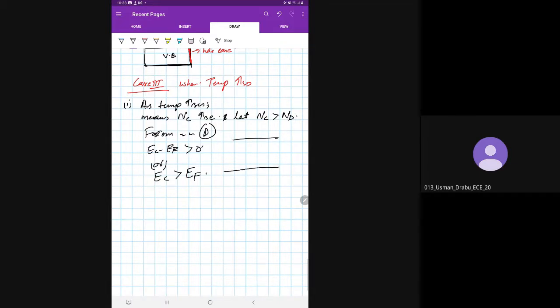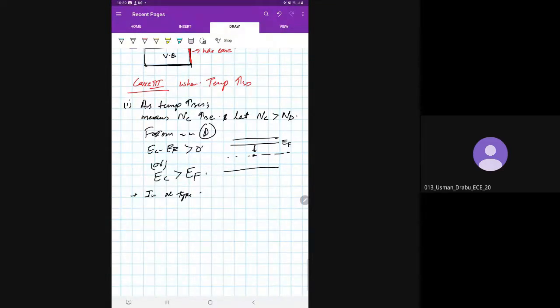Since the Fermi energy E of F was near the conduction band, when temperature increases, it will move towards the center, because in intrinsic semiconductor, the Fermi energy is at the center. Okay, Fermi energy is at center. So we can say then in N-type semiconductor, as temperature increases,